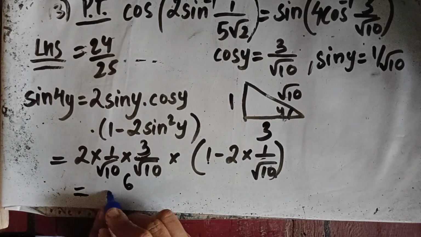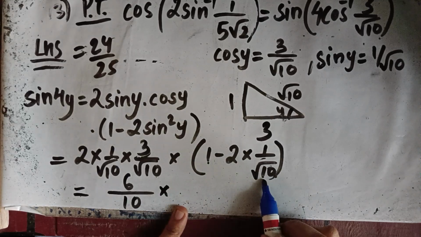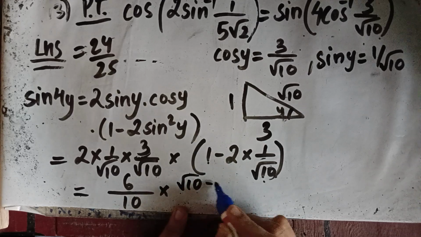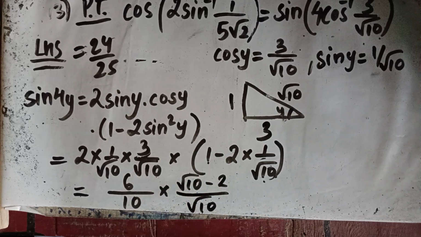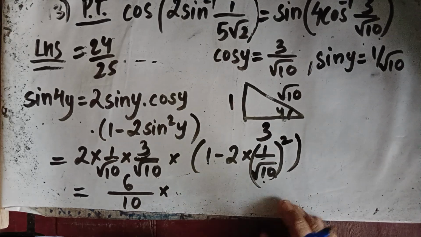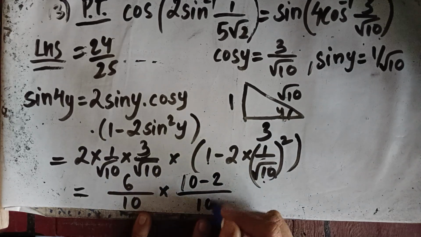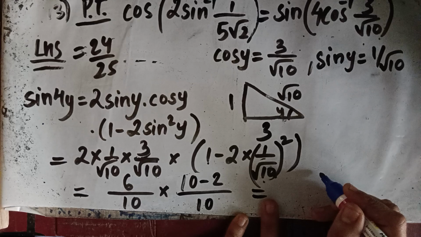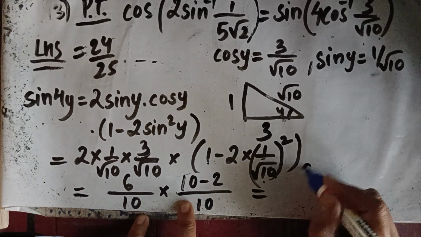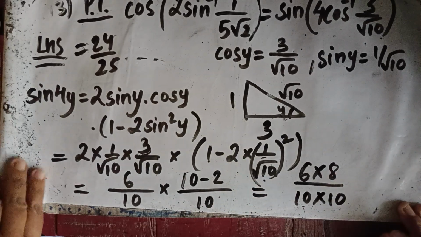So this is 6 upon 10 into root 10 minus 2 upon root 10. Square this, you have to square, right? So it will be 10 minus 2 upon 10. So 6 into 8, 10. So this is